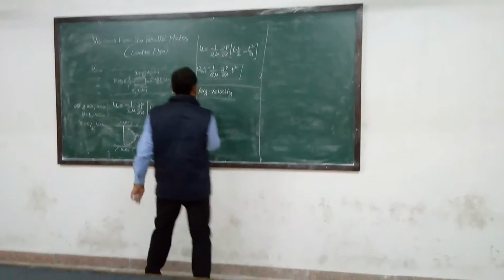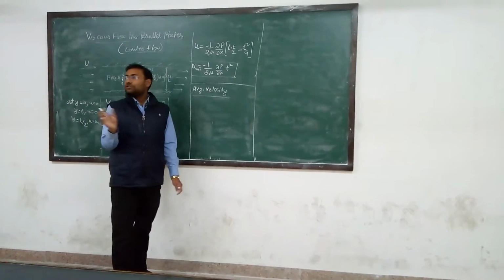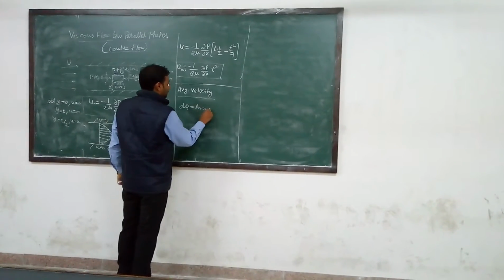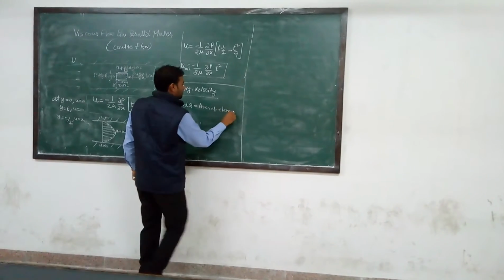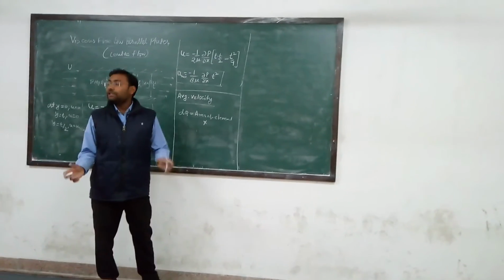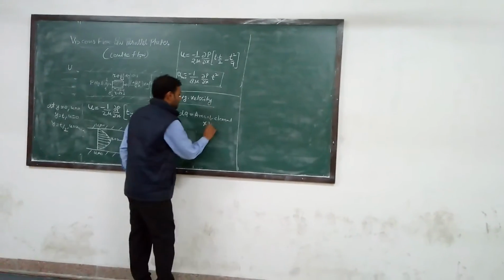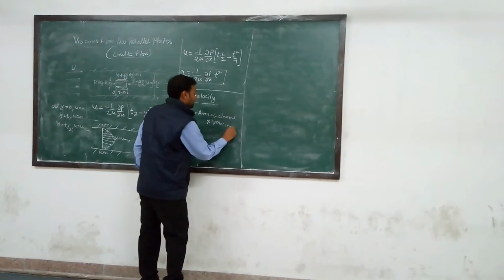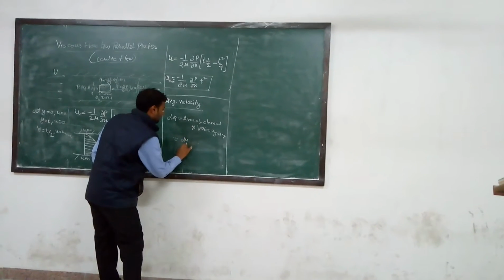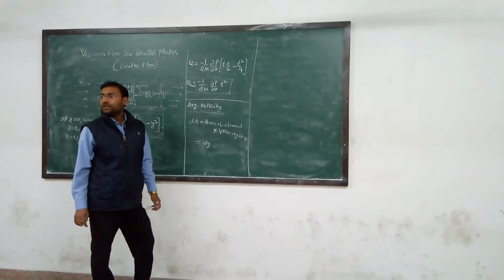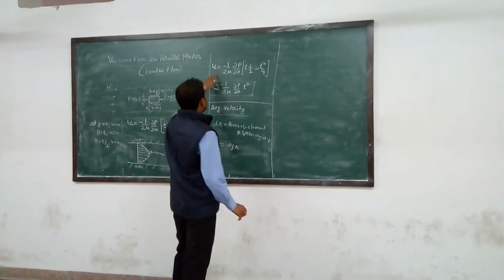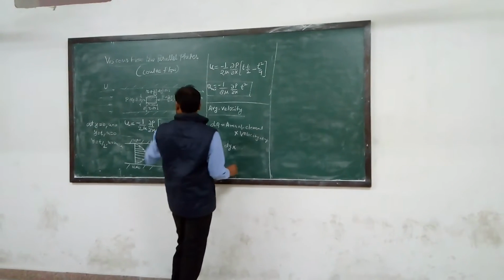So first I am calculating the discharge through this small area, that is dq, meaning the area of element multiplied by the velocity at y. The area of element is dy multiplied by 1